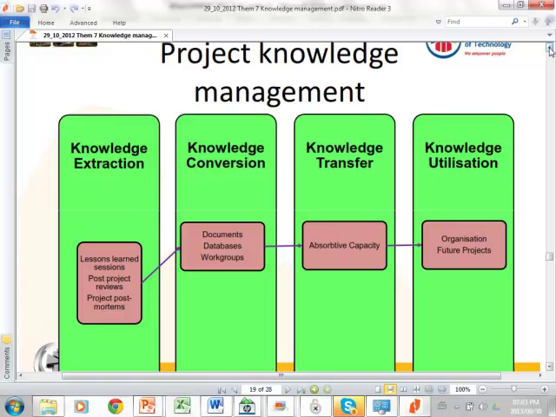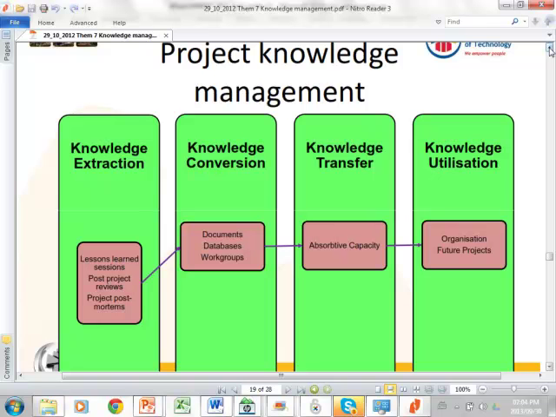Then there is the knowledge transfer. So even if we're the same project team, we still have to make sure that we transfer what we've learned into the next project. Because very often we say, okay, project done and dusted, let's forget about that. Let's move on to the next one. And then we make the same mistakes because we haven't done the reflection. We haven't thought about it, and we haven't thought, but how can we improve it in future?